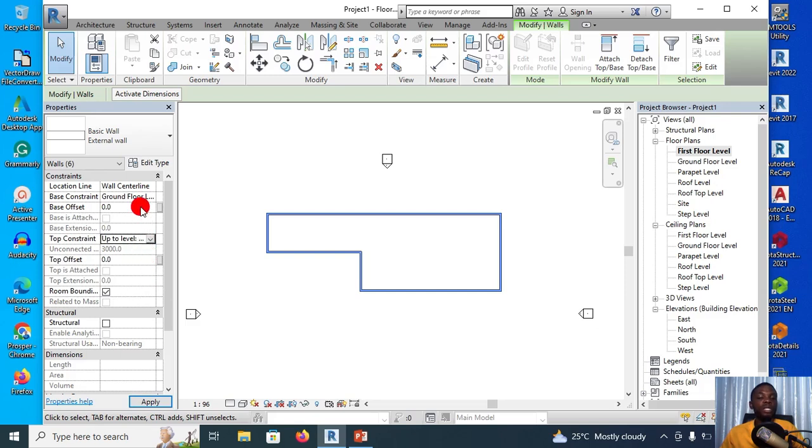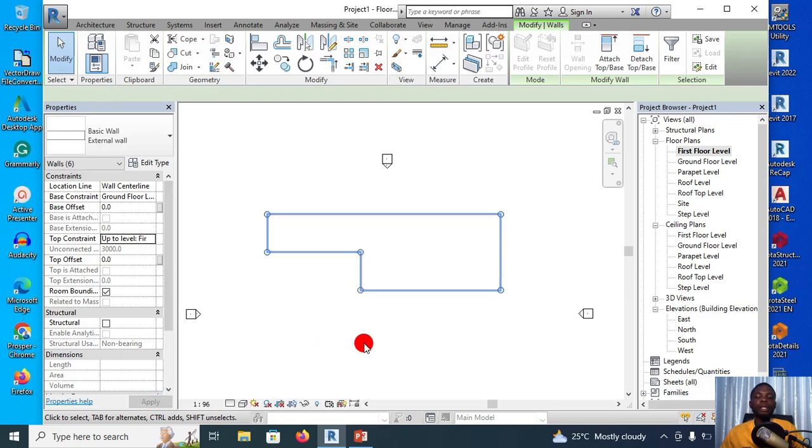It means the wall is going to start from ground floor and end at first floor. If I want to elevate the base, I can simply enter the offset distance I want to elevate it by. If I want to elevate the top, I can also enter the offset distance. We're going to talk about this later on. But then the base constraint is ground floor and the top constraint is first floor, and then click on